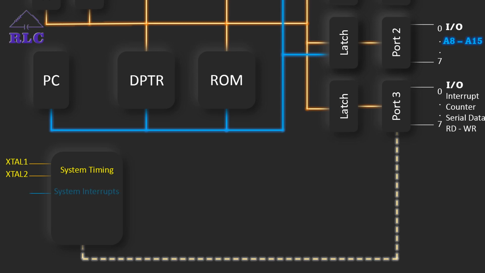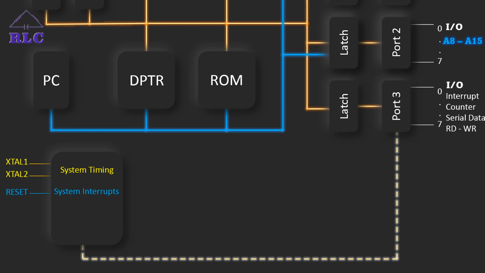That's the system timing. Then we have the system interrupt, reset. If the microcontroller is not working fine or something has happened, we need to reset it, so a reset button will be there. That is the highest priority interrupt. When we press the reset button, when a high signal is provided to the reset pin, the system resets to its default value, that is the special function registers. All the registers reset to their default values, and the program starts to execute from the beginning. Whatever function it was doing, it stops everything and starts executing from the start. That is the system interrupt reset.